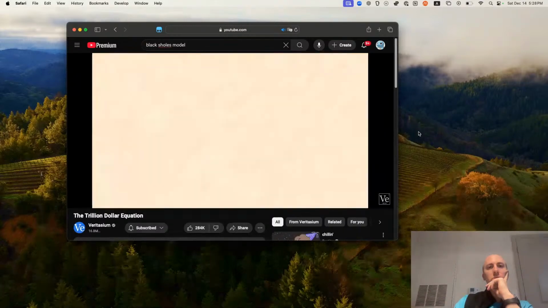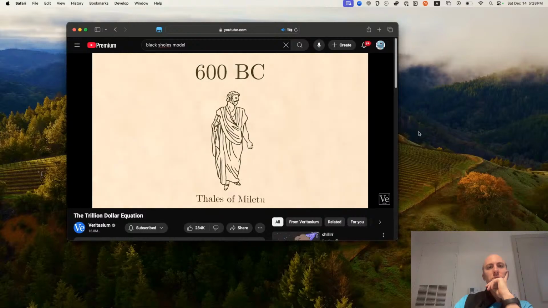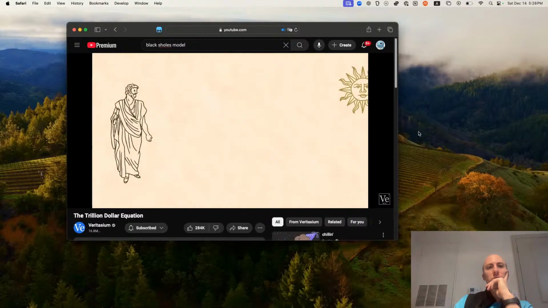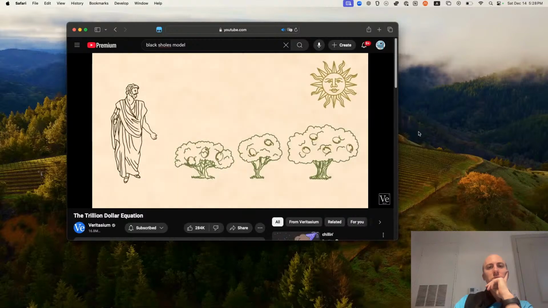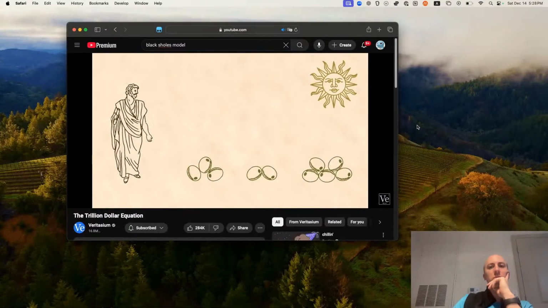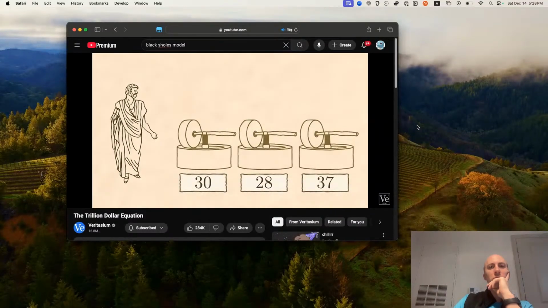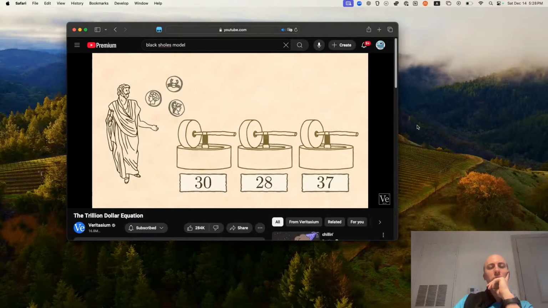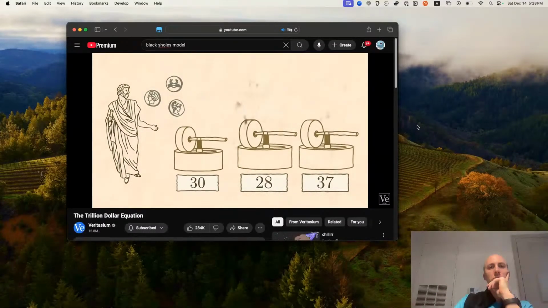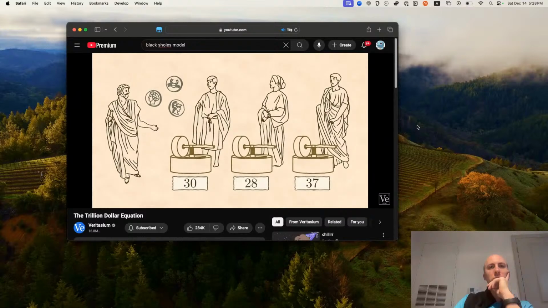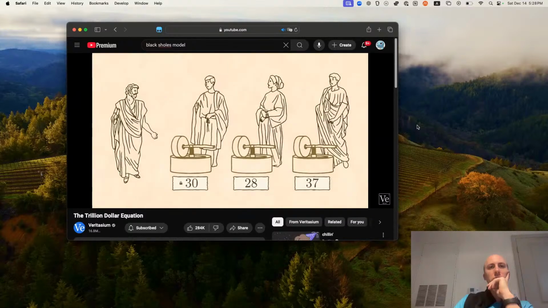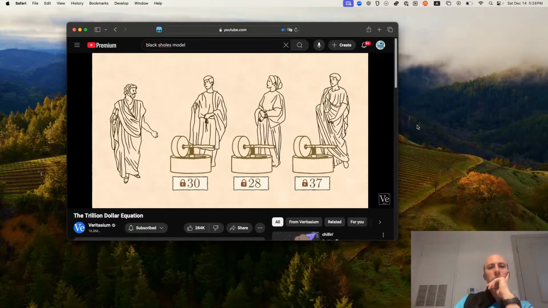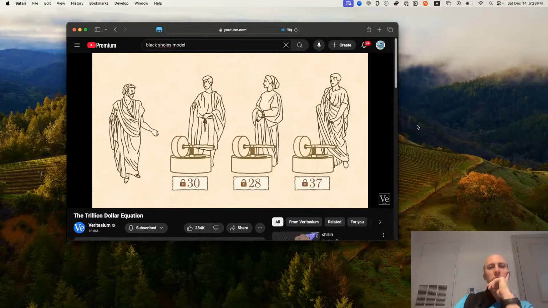The earliest known options were bought around 600 BC by the Greek philosopher Thales of Miletus. He believed that the coming summer would yield a bumper crop of olives. To make money off this idea, he could have purchased olive presses, which, if he were right, would be in great demand. But he didn't have enough money to buy the machines. So instead, he went to all the existing olive press owners and paid them a little bit of money to secure the option to rent their presses in the summer for a specified price.